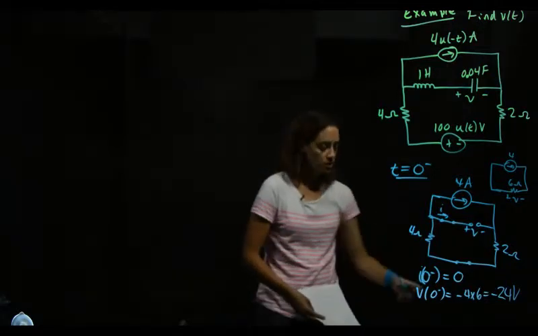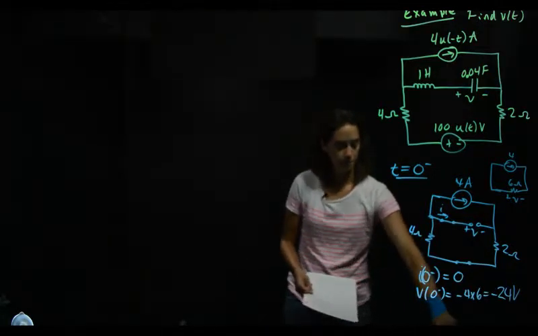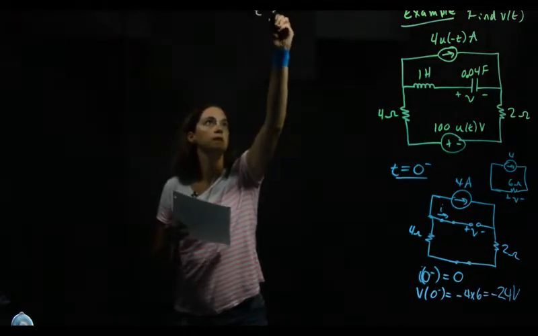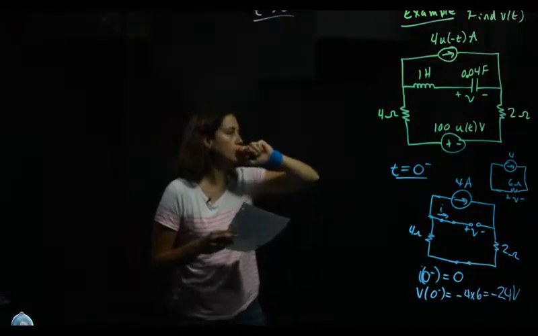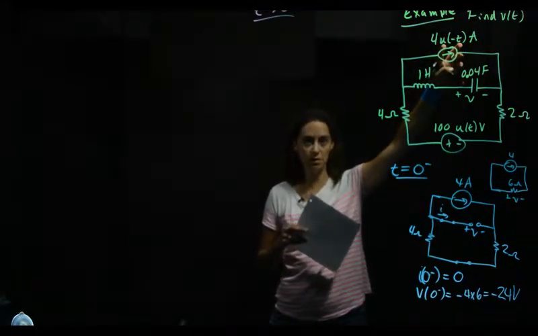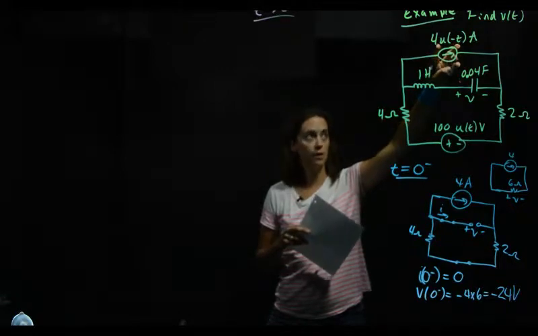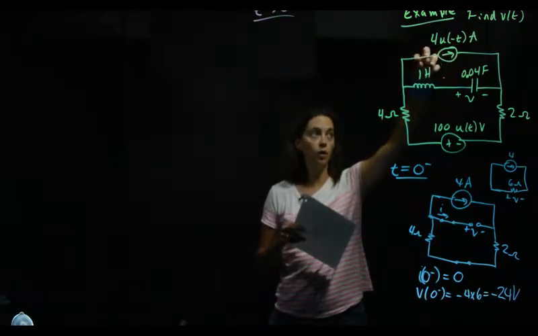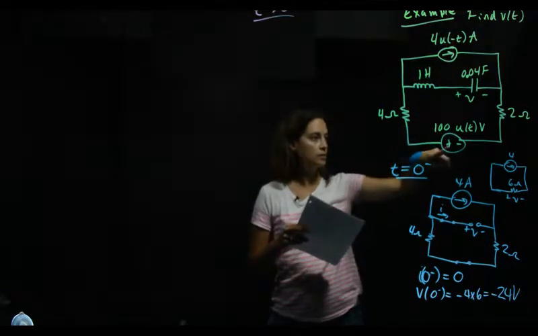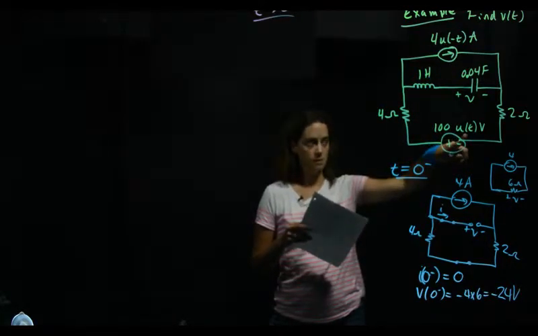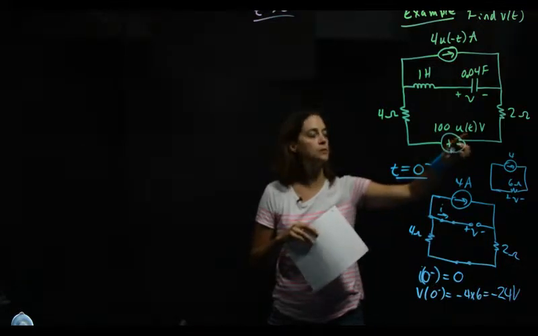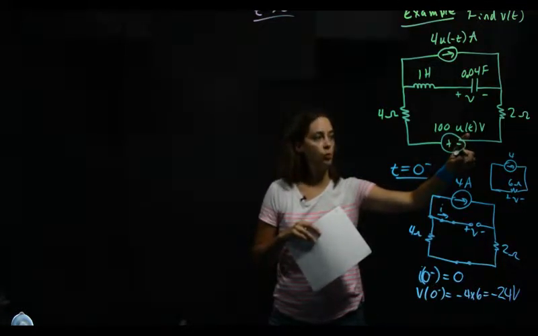So let's look at our circuit for time greater than 0. So t greater than 0, this u of minus t is going to be 0. So this current is 0. That means it's an open or a hole. We can just ignore it, leave it off. It's just an open. For time greater than 0, remember what we're doing here, this becomes 1, so now we